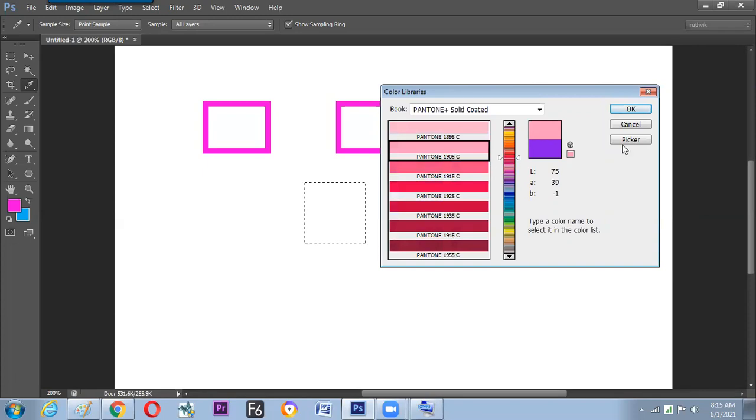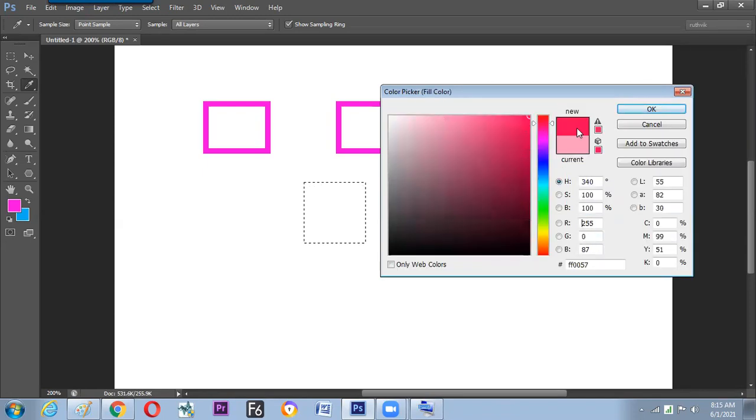So while we are choosing the color, you can find sometimes if we move to a particular range, then a dot will come up, a triangle will come up, and that is technically called gamut warning. What is gamut warning? This is a color which is going to show on the screen, but in printing it will not come up. That is the signal it is given. So it is to be taken care of. Yes, if the presentation is only on the screen, then it's okay. We can switch the gamut warning on and use that color. If it's something we are doing for printing, then it is better to go for non-gamut warning colors.